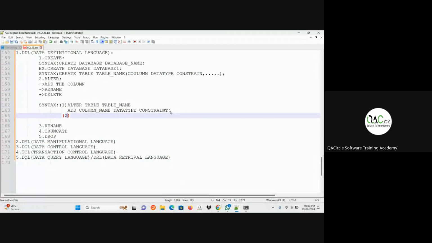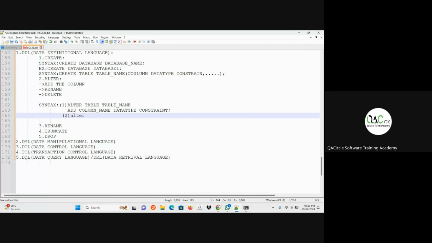Okay, next, which one do we have? Rename the column. If we have typed some column name and now I'm not liking that column name, I need to change it, or someone tells you to change the column name to something else because people find it difficult to understand, at that time you need to rename that column by using this alter statement.